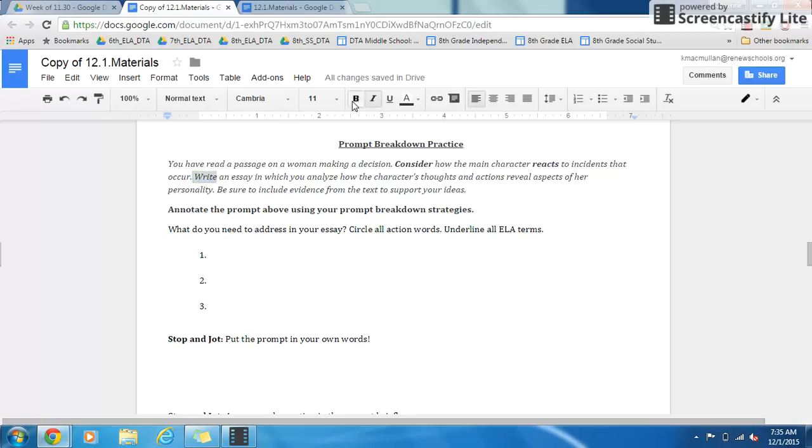how the main character reacts to incidents that occur. Write an essay in which you analyze how the character's thoughts and actions reveal aspects of her personality. So those are my include evidence from the text that supports your ideas. Those are all of my action words. Then my ELA words, my main character